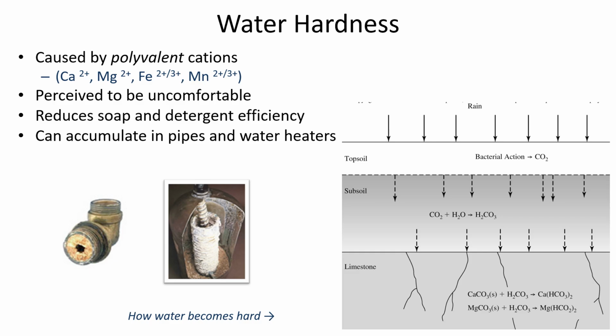So how does water become hard? Think about the water cycle. Water originates from the sky with rain. It falls down onto the surface of the earth, and then some of the water will run off, and some of the water will go into the ground. The rain falling on the surface is relatively acidic. Even in the absence of acid rain, which is caused from coal that has sulfur in it, water that's in contact with the atmosphere has a little bit of carbon dioxide dissolved in it, and that makes it slightly acidic. And then the water that's entering the topsoil may pick up a little bit more carbon dioxide